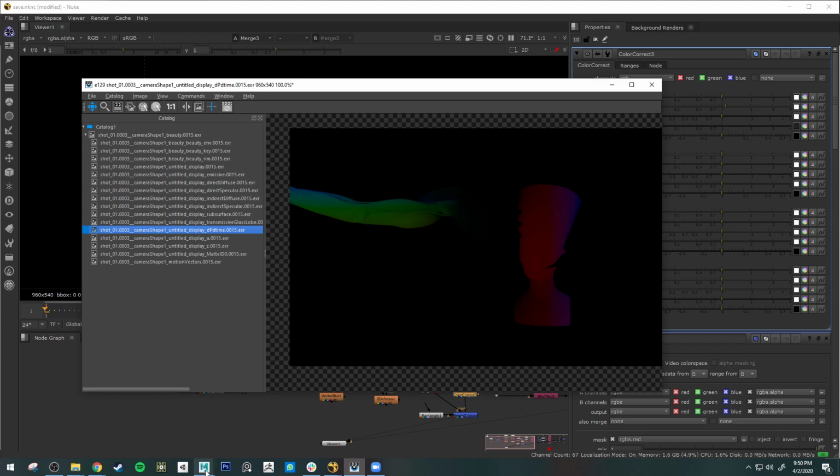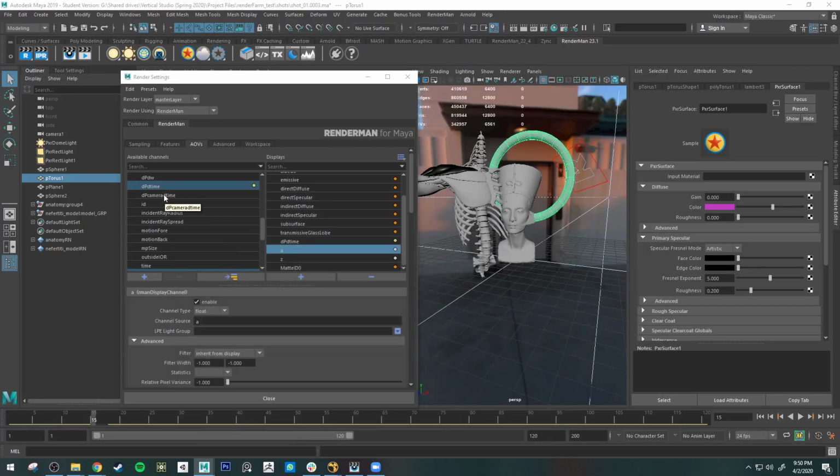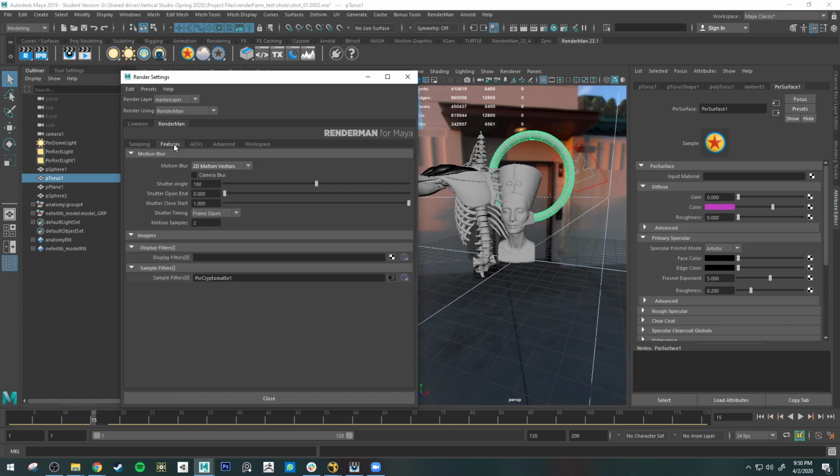Okay, so in order to render this out in RenderMan, we have to add our DPD time. The 2D vector motion blur pass is called DPD time, so we have to add that as normal. But we also have to go into features to turn on calculating motion blur. We don't want to use camera blur, because just like using depth of field in the camera, letting it render out and bake into our image, by turning on camera blur, what's going to happen is